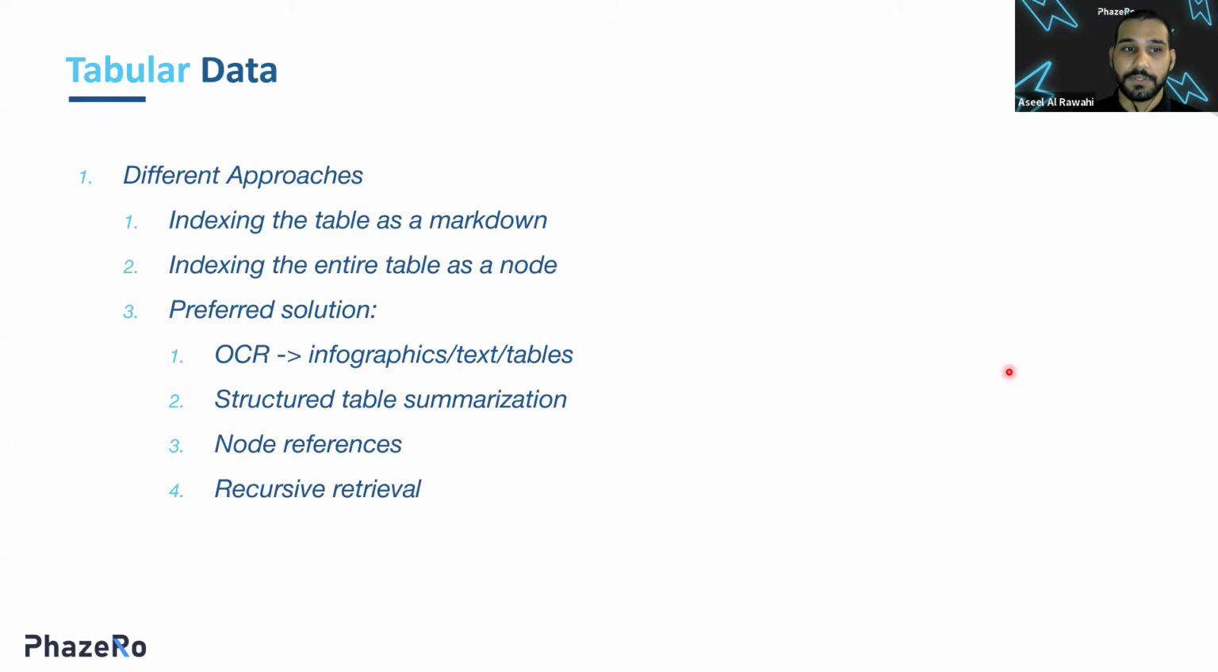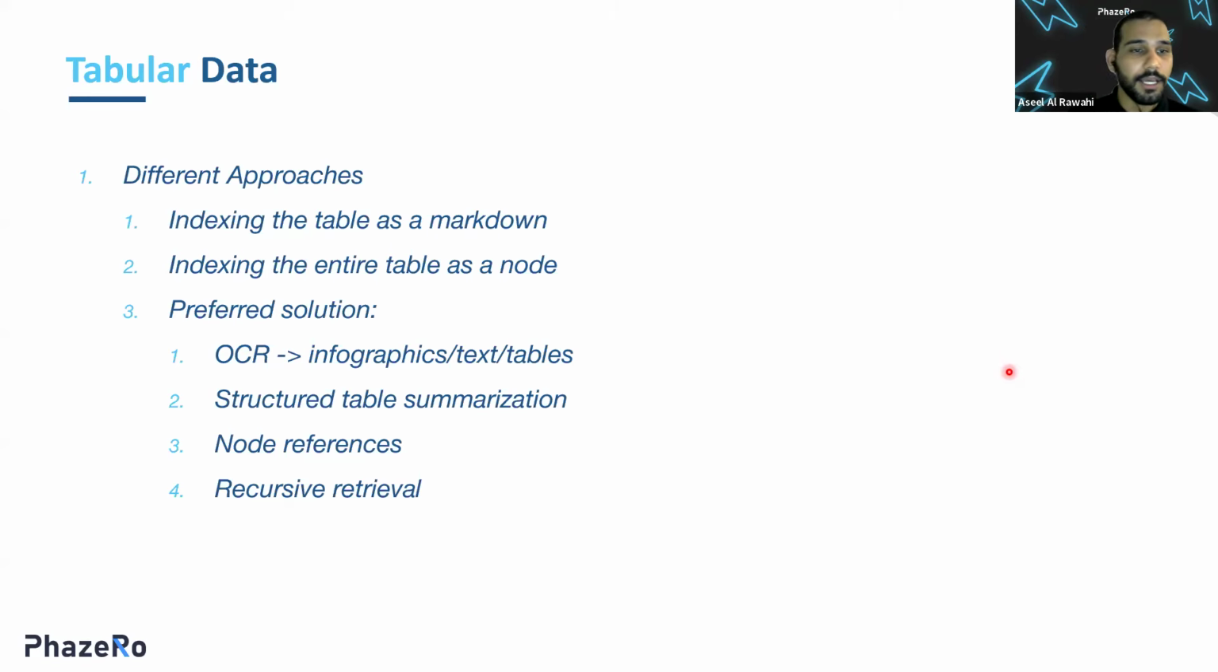Another solution to this is having structured table summarization, and we will go deeper into this. It's basically taking the table and summarizing the content of the table as text. This is a very efficient way when dealing with large language models because large language models are mainly built around text. So for you to take the table and then transform it to text, it will improve your RAG application